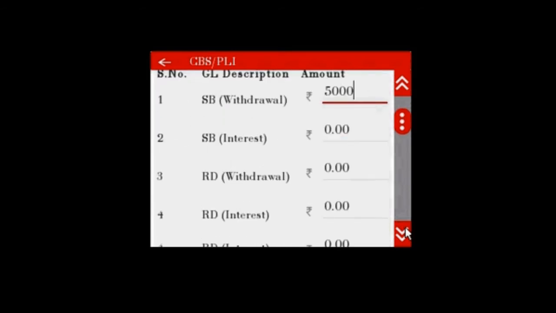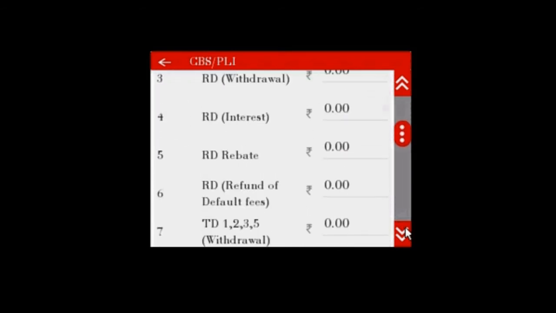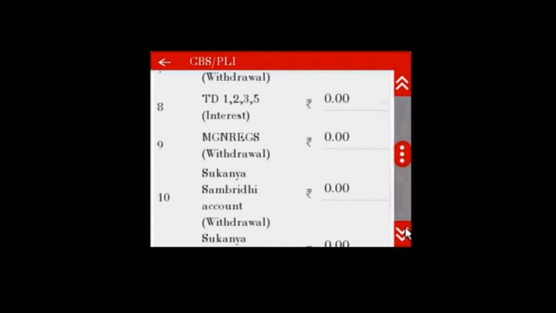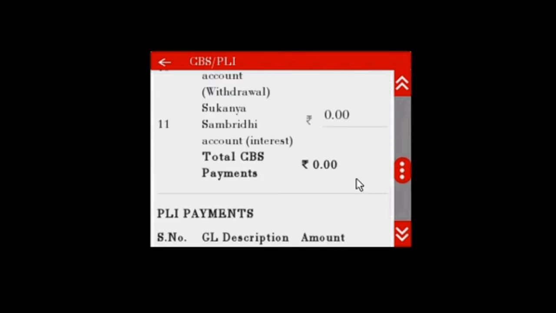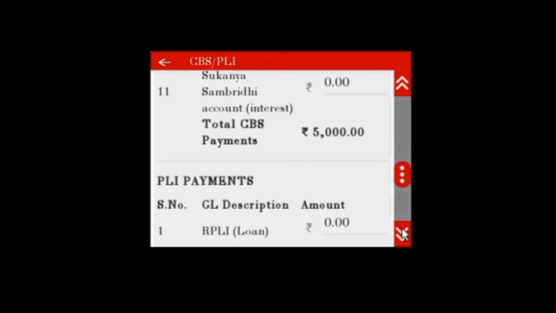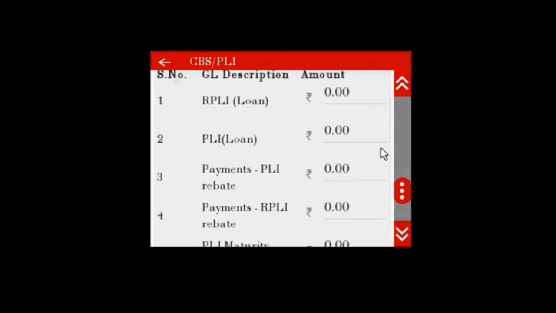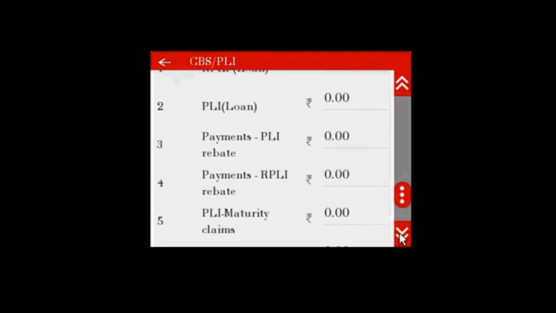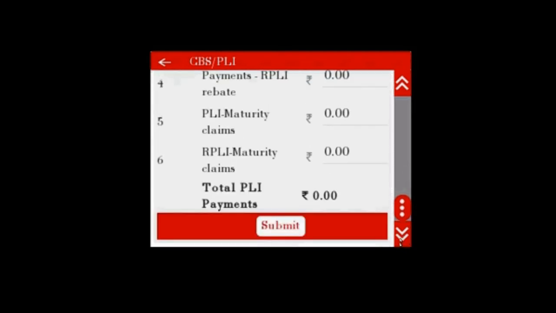No other withdrawal was there. So our withdrawal portion is 5,000 only. No PLI loan. If any payment related to PLI loan is there, that will have to be entered here. Now again we'll submit it.